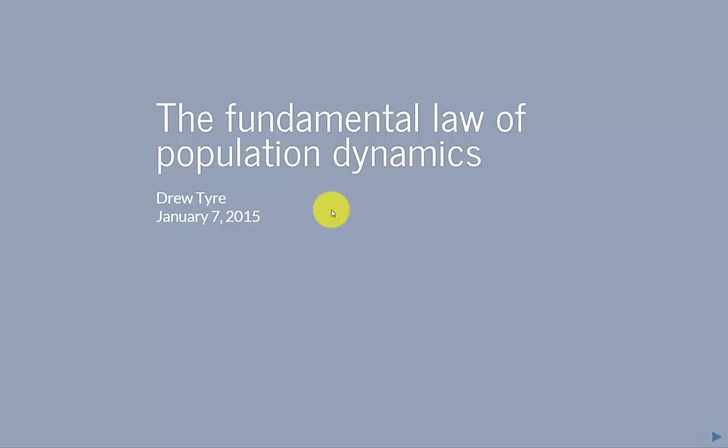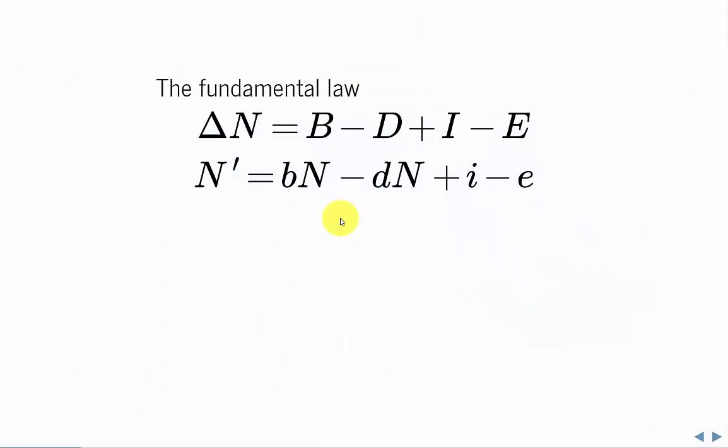In this video, I'm going to review for you what I call the fundamental law of population dynamics. And here it is. Arguably, the entire course can be distilled down to understanding this equation. The top form of it simply says delta n, that is, the change in numbers of a population, is equal to the number of births minus the number of deaths plus the number of immigrants minus the number of emigrants